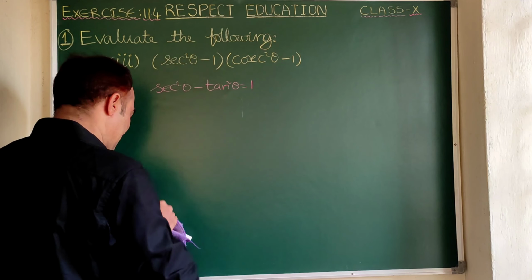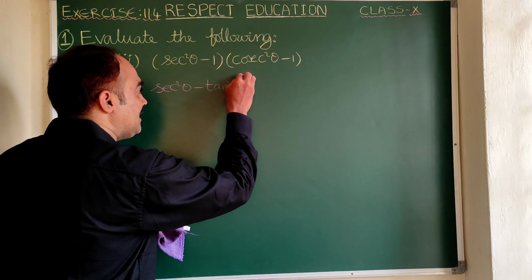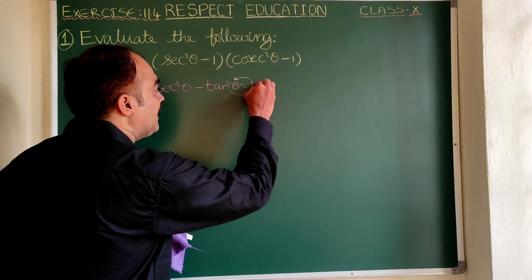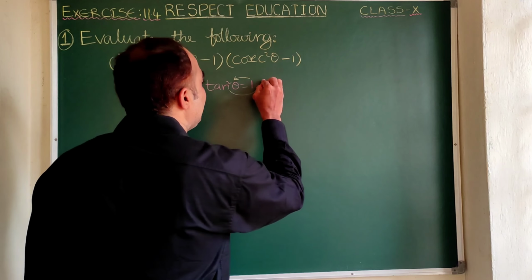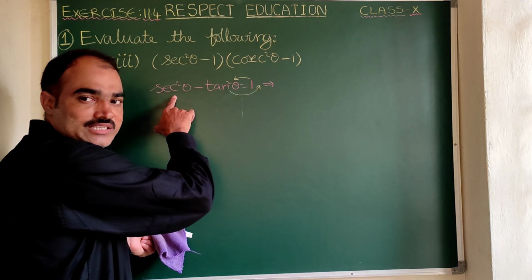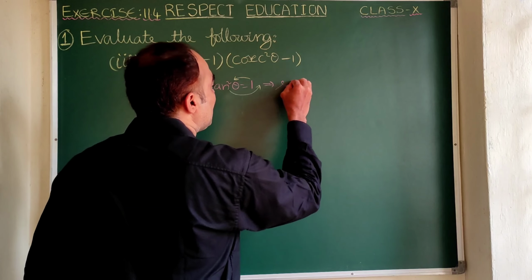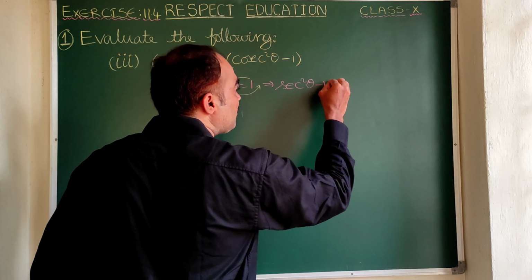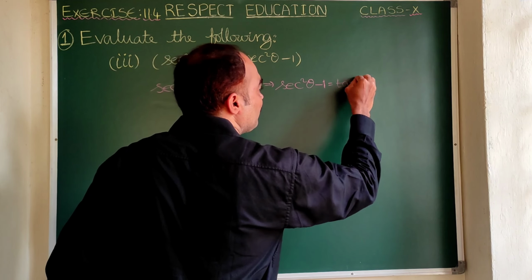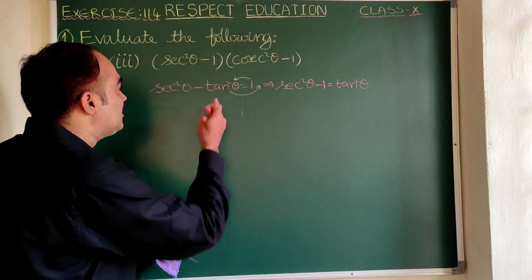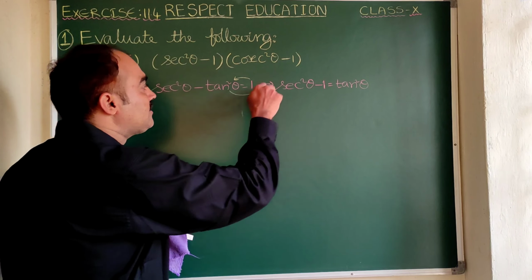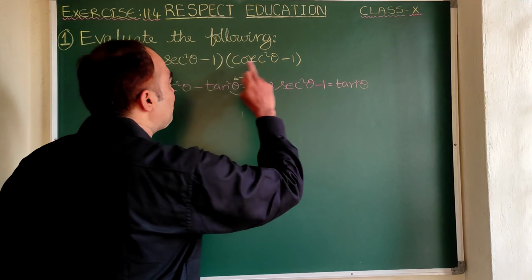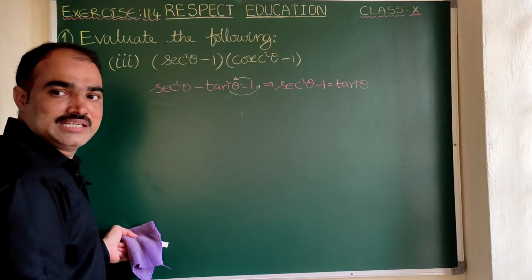This plus 1, I will bring this 1 to left side. At the same time, I am sending this minus tan square theta to right side. Now I am not moving secant square theta, so I am writing as it is. Can you tell me what is secant square theta minus 1? It is equal to tan square theta. Is it clear? Yes, because this plus 1 becomes minus 1, minus tan square theta becomes plus tan square theta. In this step, secant square theta minus 1, we are going to replace with tan square theta. Is it clear? Yes, sir.